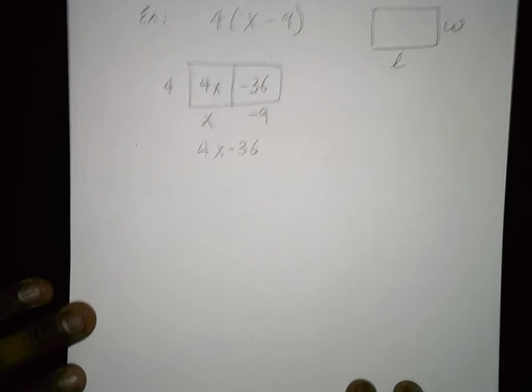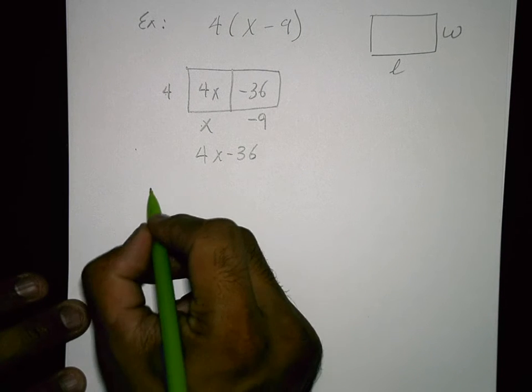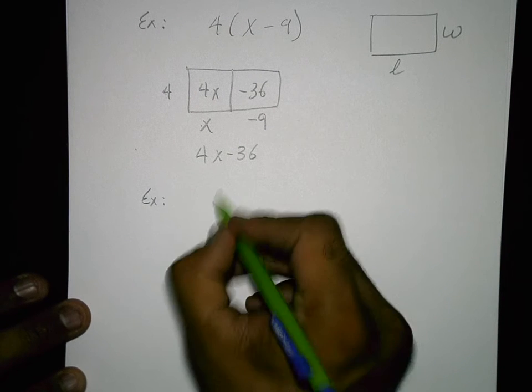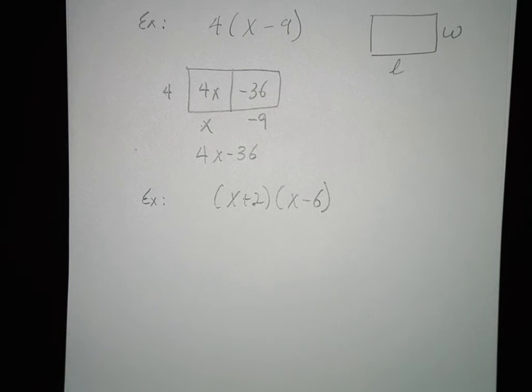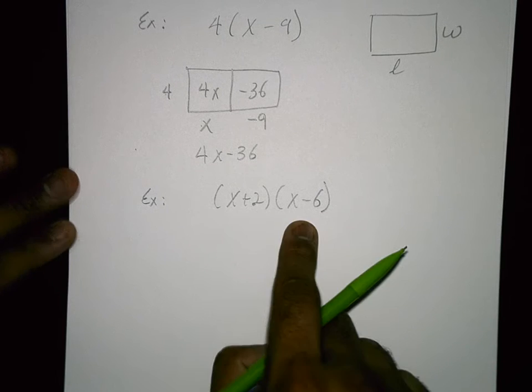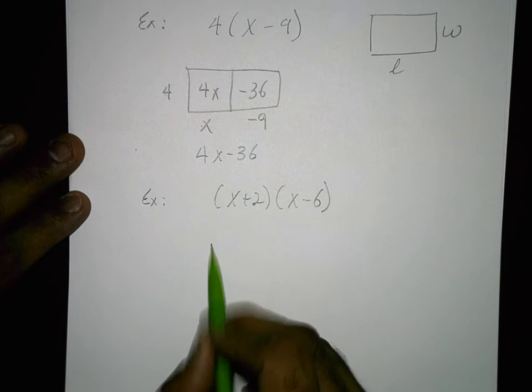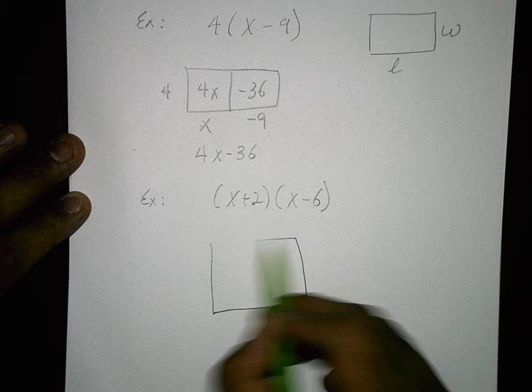So when is this really useful? It comes really useful with polynomial multiplication or binomial. So let me show you what I mean by a binomial. So if I did x plus 2 times x minus 6, okay. Well, you can see I got two terms here and two terms here, so when I set up my area model, go ahead and I draw a box,